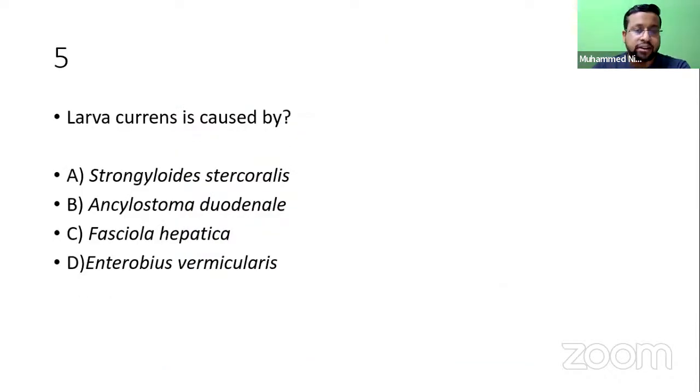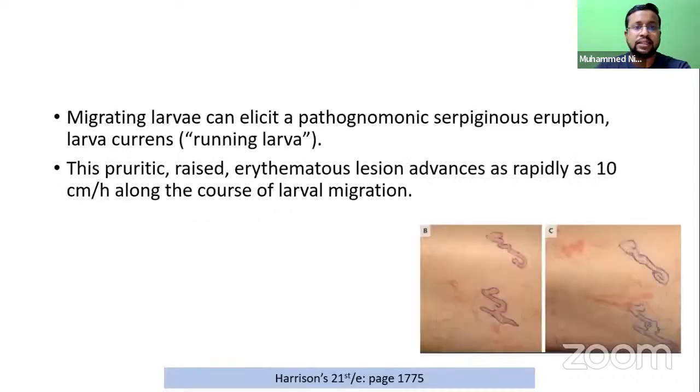Fifth question, larva currens is caused by, the options given include Strongyloides stercoralis, Ancylostoma duodenale, Fasciola hepatica, and Enterobius vermicularis. So another straight question, something straight from Harrison. So migrating larva can elicit a pathognomonic serpiginous eruption, which is called as larva currens, which means that a running